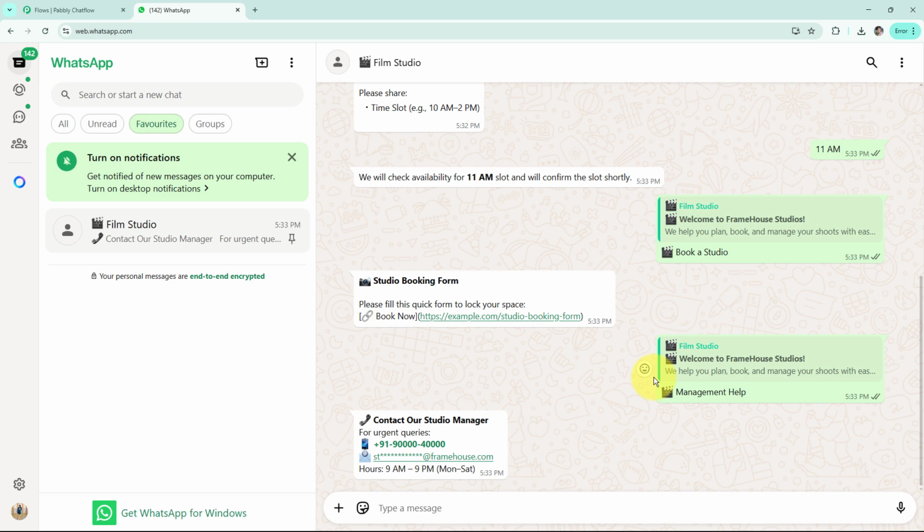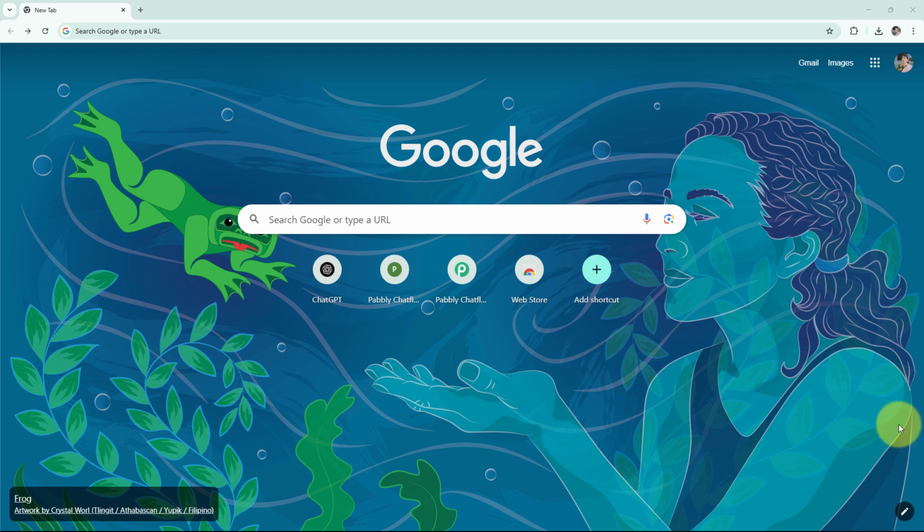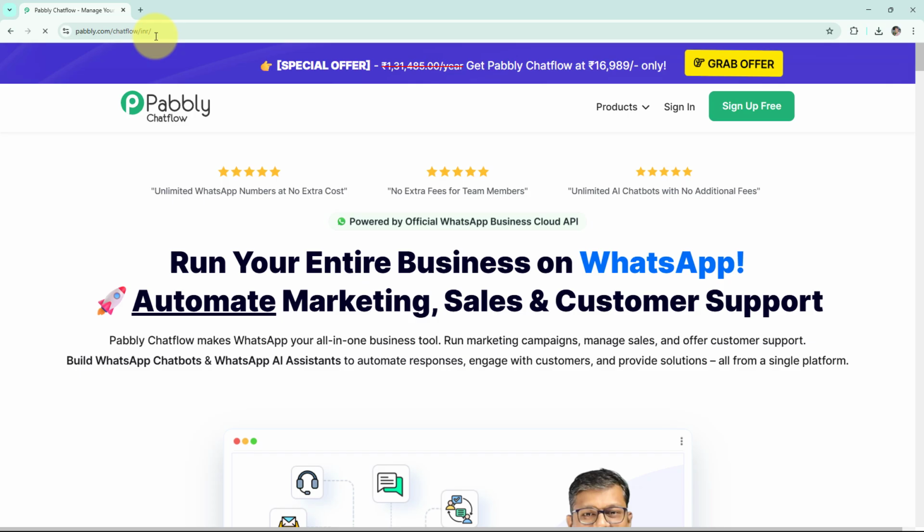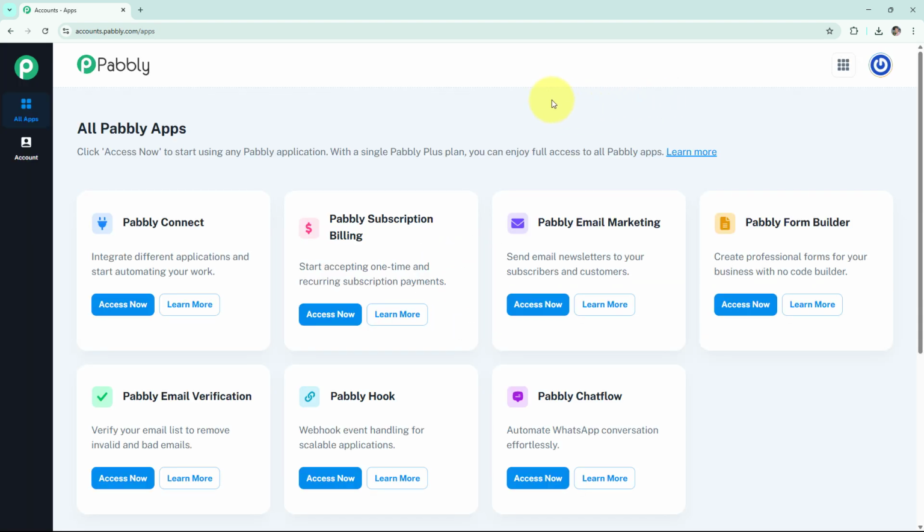So if you want to create the same, you have to visit Pabbly Chatflow's website, and for that, open a new browser tab. In a new tab, enter the URL pabbly.com/chatflow, and it will take you to the main landing page of Pabbly Chatflow. If you are an existing user, click on sign in. However, if you are a new user, click on sign up for free. As I am already an existing user, I will click on sign in, and it will show me all the